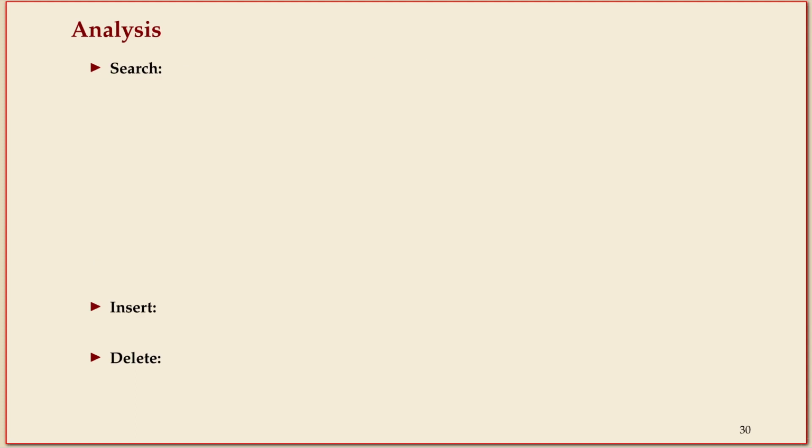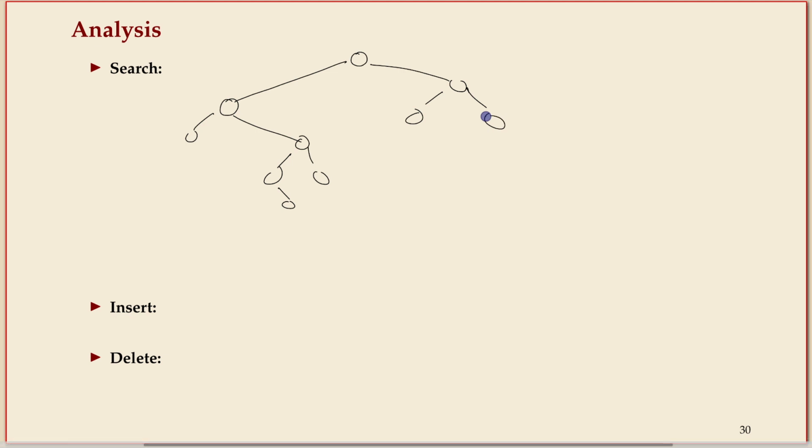I want to briefly talk about how quick this is, though. That's an important part. Let's first analyze search. And for that, remember, we have some binary tree. Let me add a small example without wasting too much of our time. When we search for, say, this node,